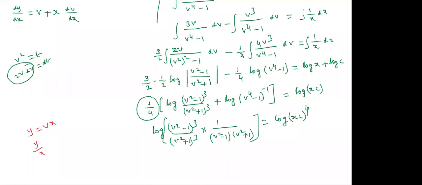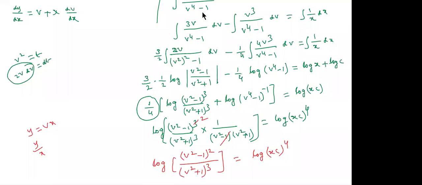So one of the term is going to cancel, students. V square minus 1 is going to cancel. Here will come 2. Yes or no? Now calculation, logarithm of numerator v square minus 1 whole square and denominator v square plus 1 whole cube is equal to logarithm of xc whole power 4. Now eliminate logarithm,